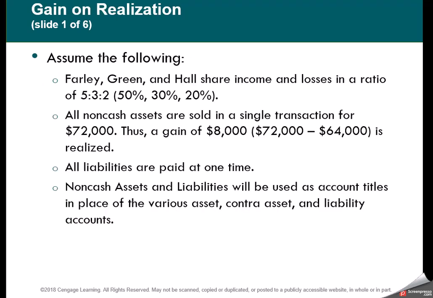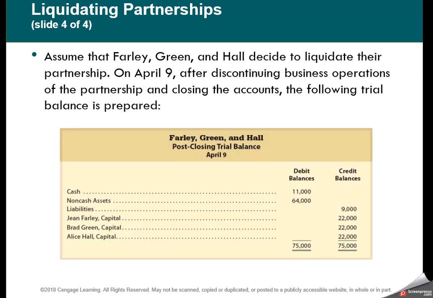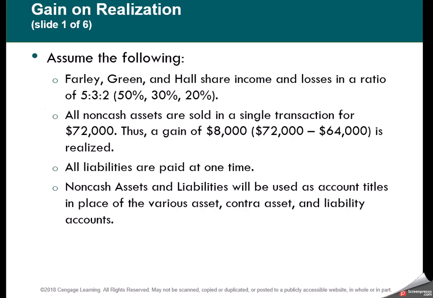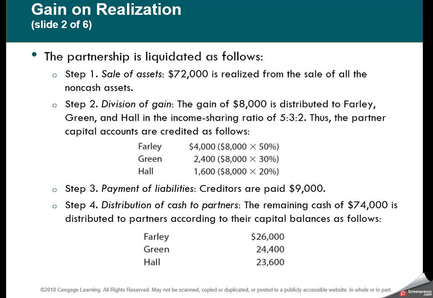and then they tell us that it's a 50-30-20 split. All the non-cash assets are sold for $72,000. So if we look back, it was $64,000 as the value of the non-cash assets. So we have a gain of $8,000, and then all the liabilities are paid. So then if we sold it, we got the $72,000. That gain is distributed based on the 50%, 30%, and 20%. Then we pay off our creditors. So then that leaves $74,000 that then they are going to split